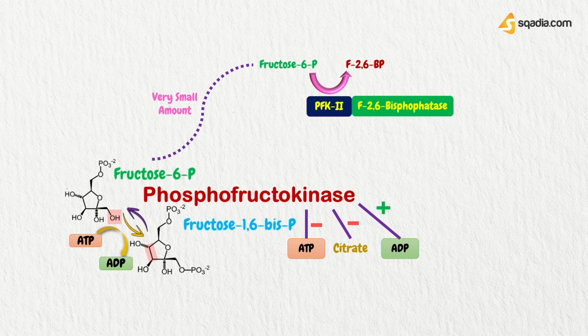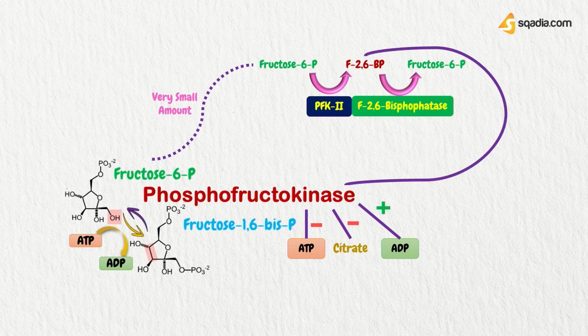And if we want to convert this fructose 2,6-bisphosphate back into fructose 6-phosphate, then the other part of the enzyme acts, which is fructose 2,6-bisphosphatase. All right, so you've got the point. A very small amount of fructose is converted into fructose 2,6-bisphosphate, and it is then converted back into fructose 6-phosphate by the action of this complex of two enzymes. Now what happens here is that this fructose